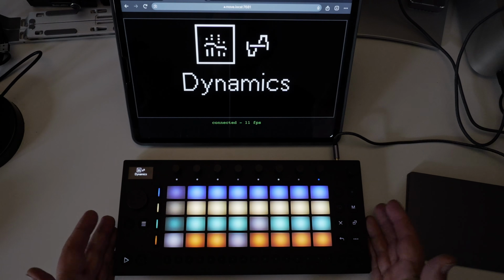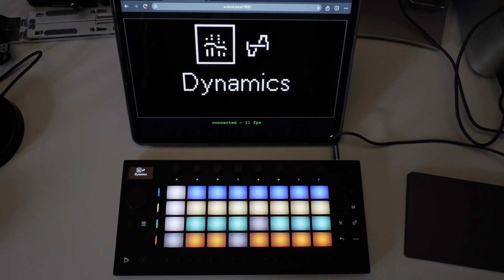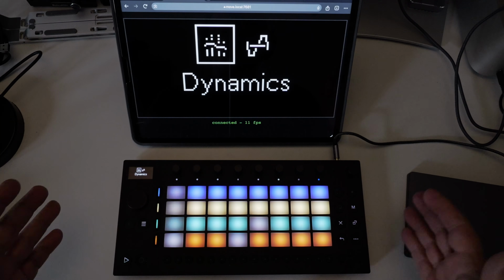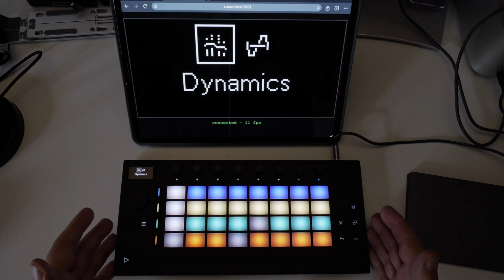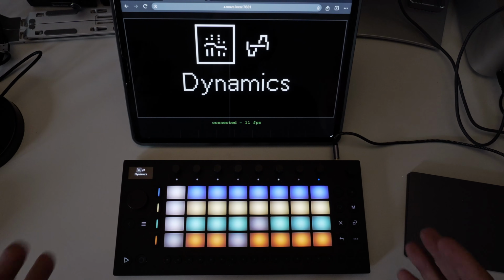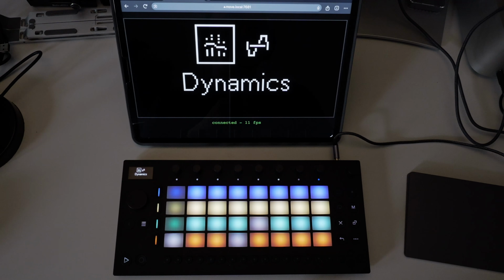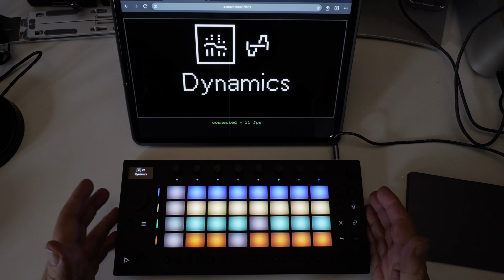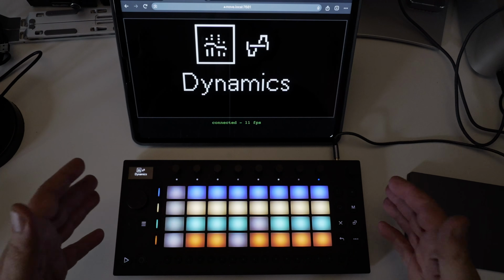It's been something that I think has been missing from standalone Move for a while. Maybe not high on Ableton's priorities, because I think initially they conceived of this as being an add-on for their Note program and for Live, and this really being a sketchpad to bring things in. So users like me using it just by itself are probably going off piste a little bit with how their actual use case. But for somebody like me using it, as you might have seen in any previous videos, if you've seen them of me performing on it,